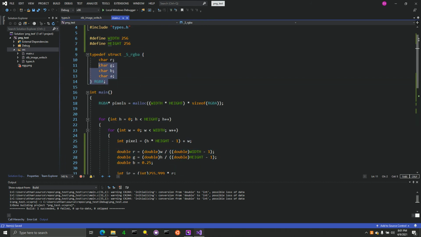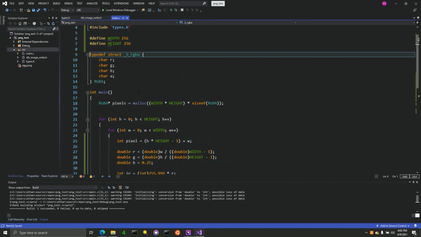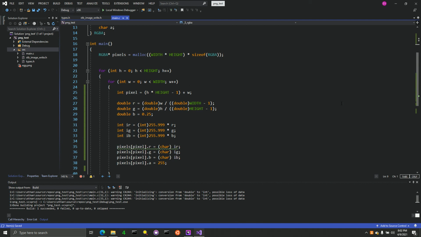Which, by the way, RGBA is just a regular struct. It's a 4-byte struct. So, I'm trying to see if,